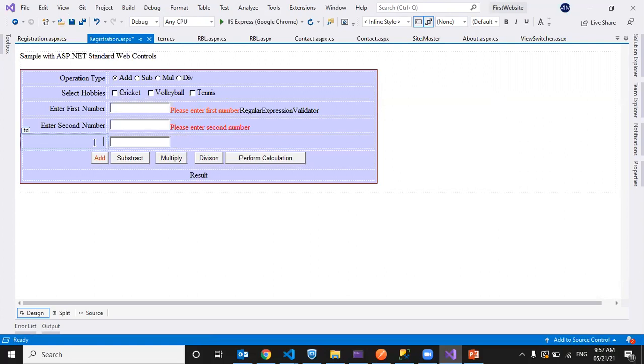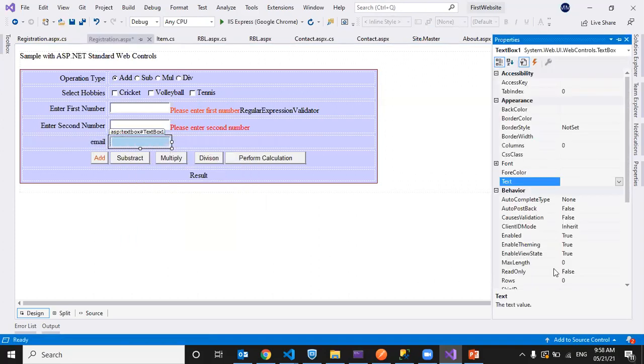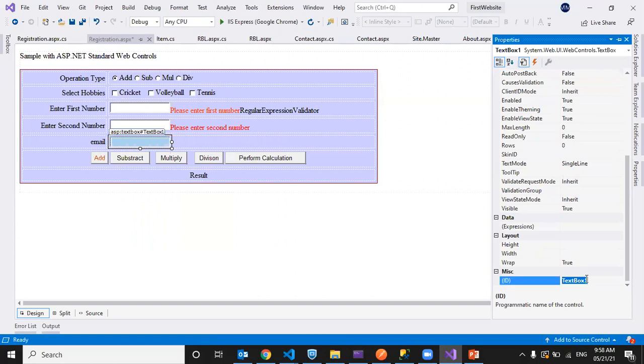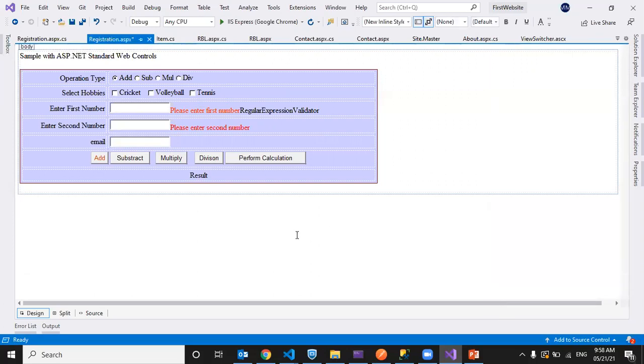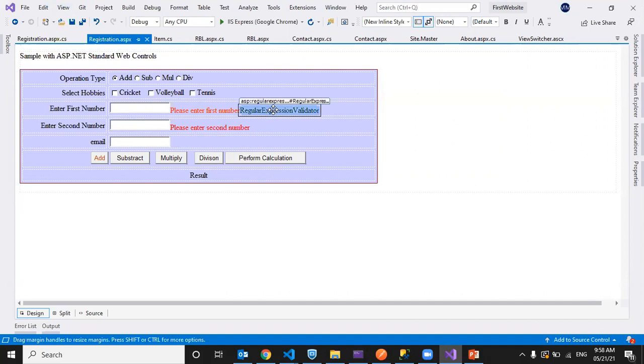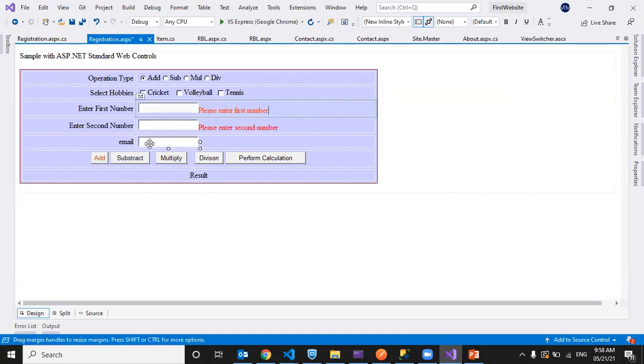Okay. I'll set it as email. So I'll set a name to it, txt email. Now I want to check whether the entered email is in the required format or not.